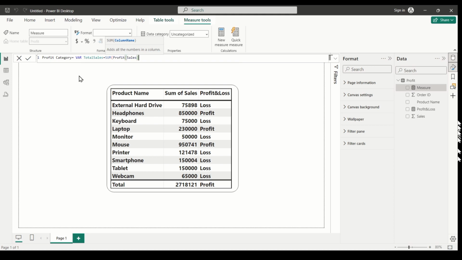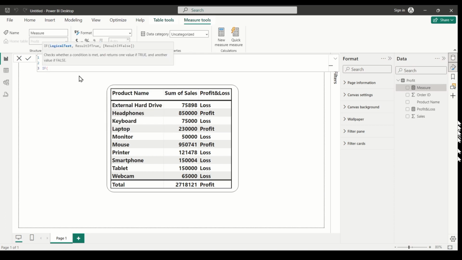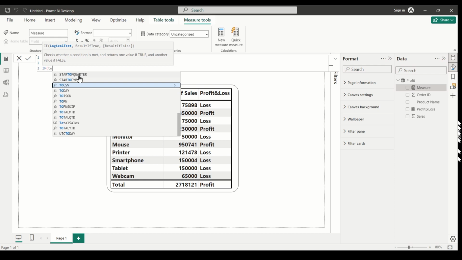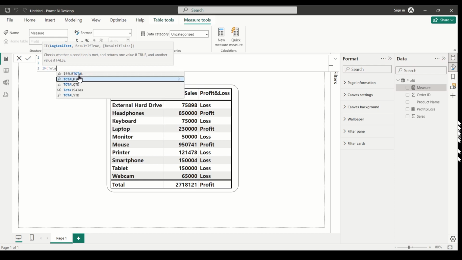All right, shift plus enter, and then right here we're going to write return, shift plus enter, and then if condition total sales is less than 100,000, then give the value low,